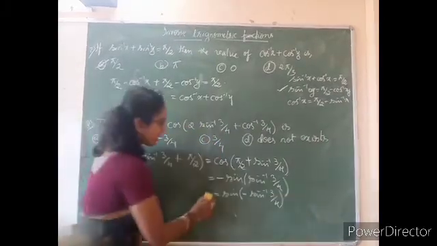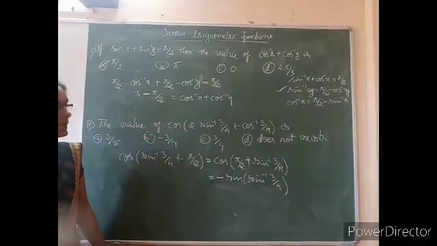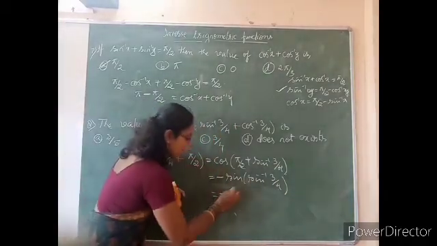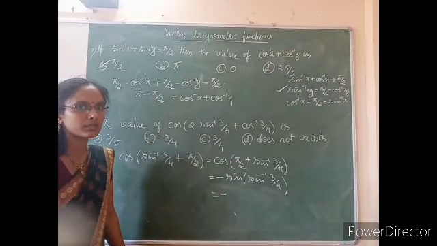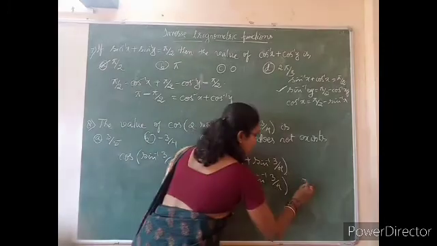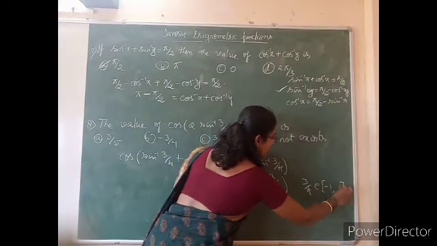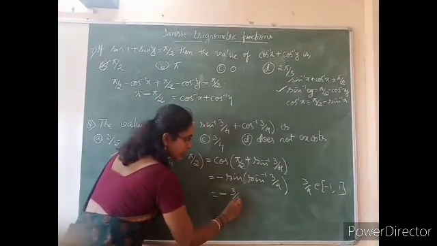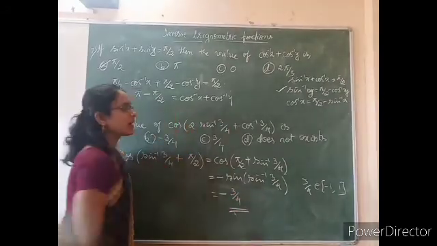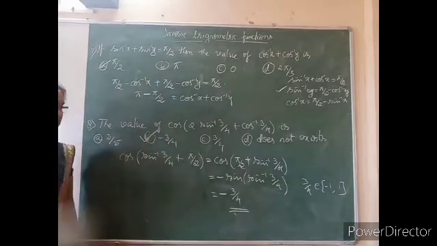Or you can also write this using the concept sine of sine inverse of x, I will write the minus sign here itself, sine of sine inverse of 3 divided by 4, using the result, because 3 by 4 belongs to minus 1 comma plus 1. Therefore the value is equal to minus 3 divided by 4, that will be option B.